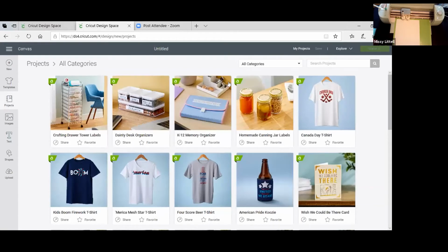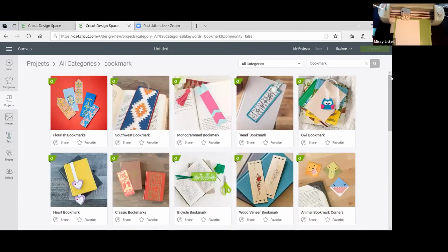And projects gives you an array of ideas to work with. These are pre-made and ready to go. So you can work from the ground up making your own thing. If you want to make a card or a t-shirt design or you have a business logo that you want to put on a shirt, there are ways to do all of that. But if you're just looking to experiment and try something out, it's kind of nice to start with these ready to go projects. So using the search bar up here on the right, you can type in any kind of